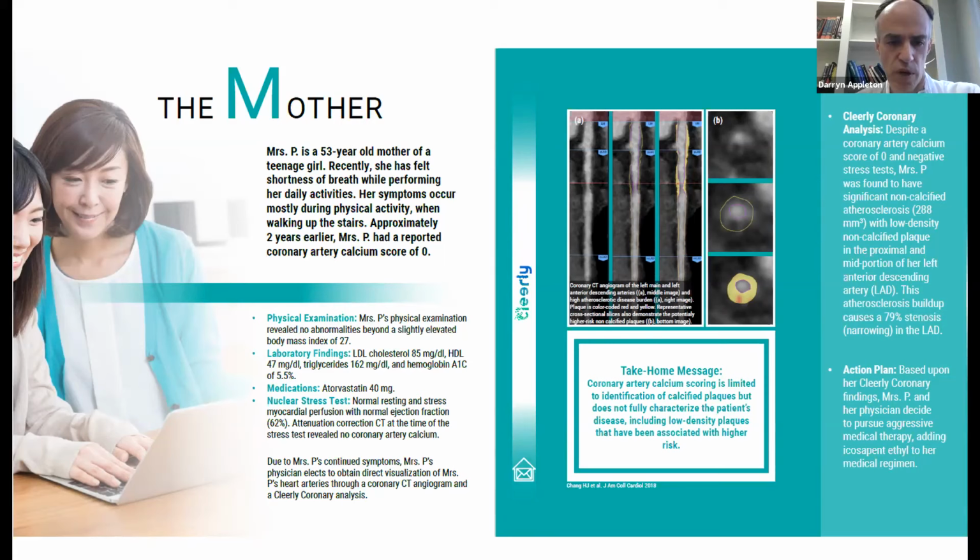Anyway, this lady's blood work doesn't look all that remarkable, and she actually had stress testing, which was normal, but she continued to have symptoms and ended up getting a coronary CTA done, which showed that indeed she doesn't have any calcified plaque, but what she does have was areas of low density, non-calcified plaque in her left anterior descending, and at one spot that was causing a 79% stenosis,